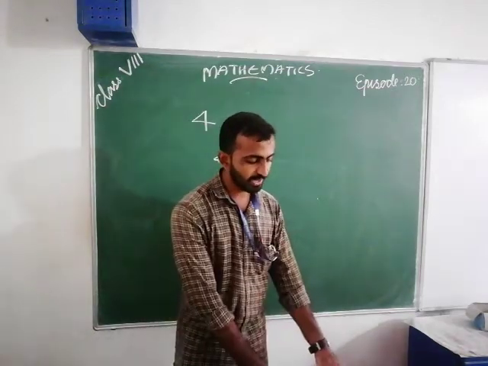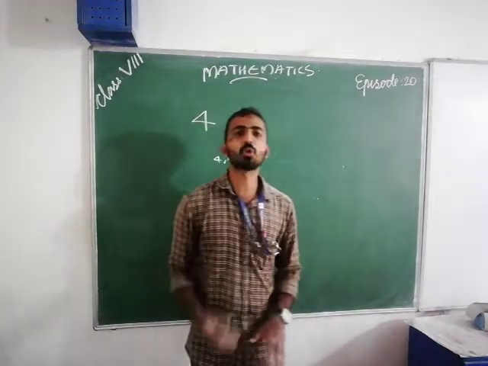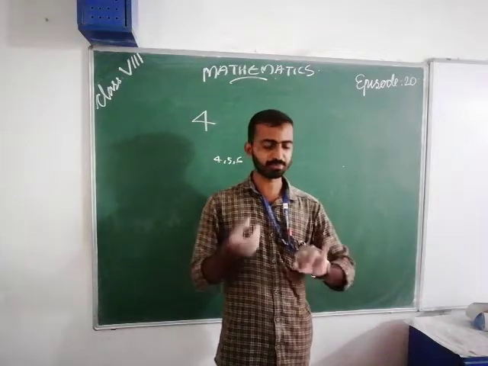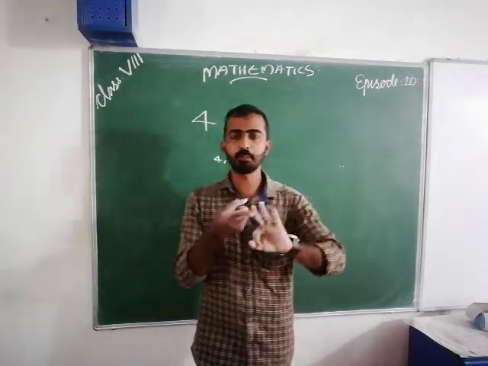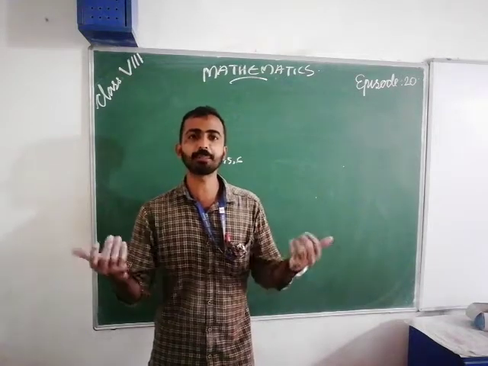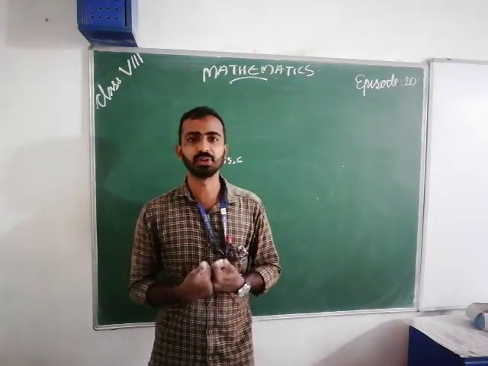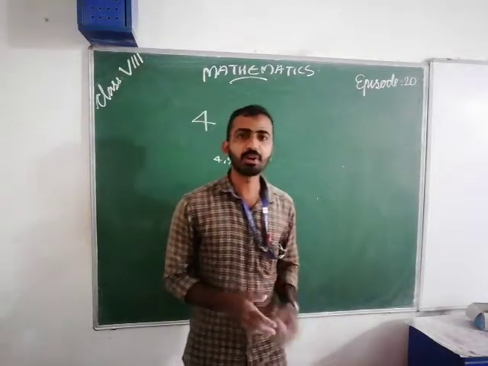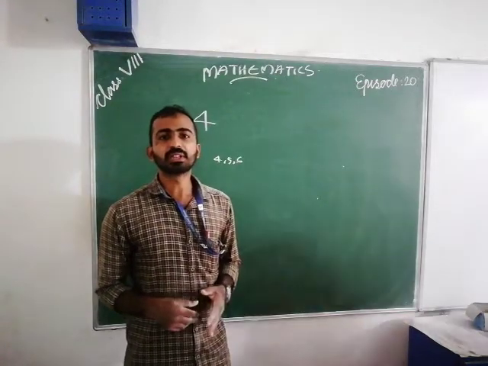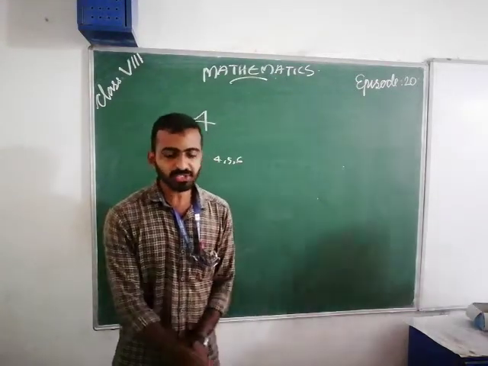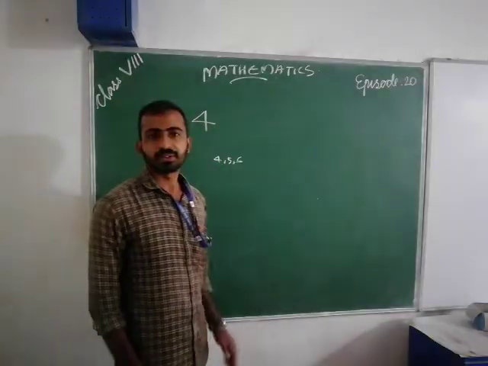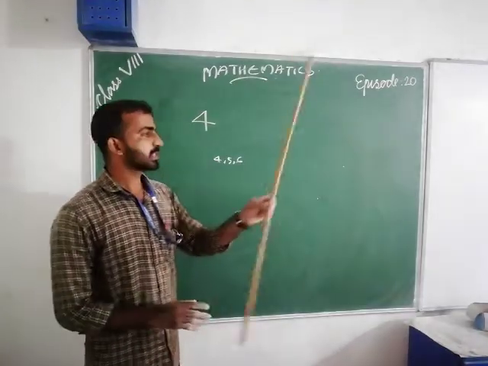In this chapter we discuss constructing a quadrilateral. Already we studied some types of quadrilateral: parallelogram, trapezium, rhombus, kite, square, rectangle. Is it? Yes, many types of quadrilaterals were studied. In this chapter, we learn how to draw quadrilaterals using the angle sum. First, we learn how to draw a triangle. This is our scale.